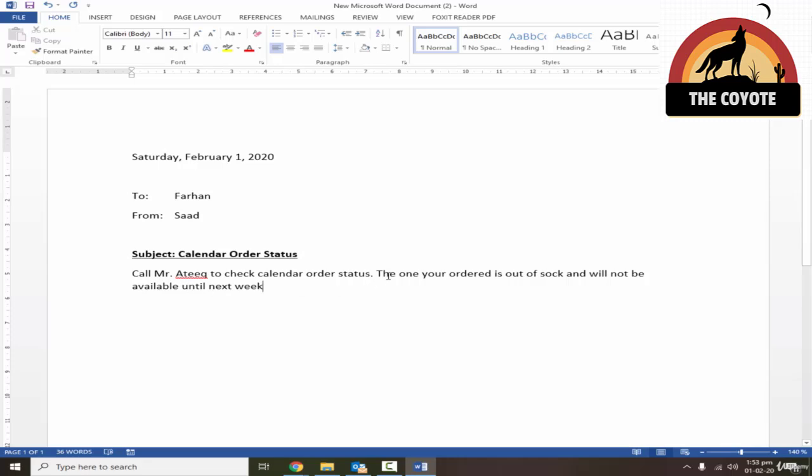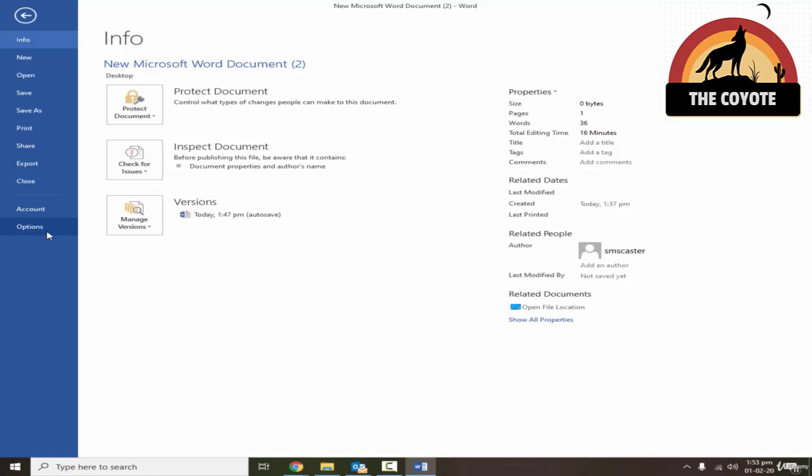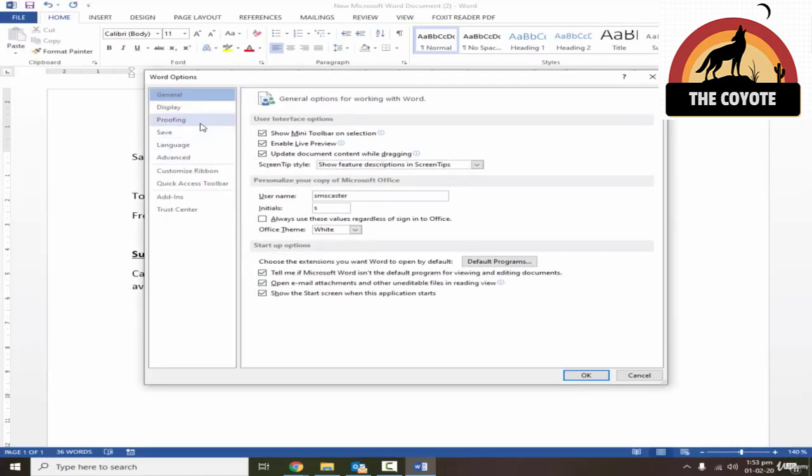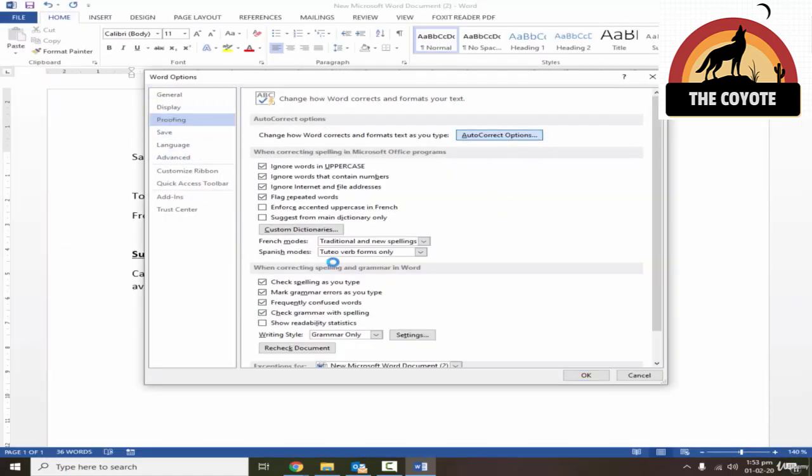The second mistake is, the one you ordered is out of stock. I wanted to write stock, but instead I wrote sock, but it doesn't suggest any mistake here because sock is an actual word, right? So in these cases you have to manually correct it, or if you frequently make this mistake, you can just mention that in the autocorrect functions that we saw earlier in the proofing and autocorrect options.